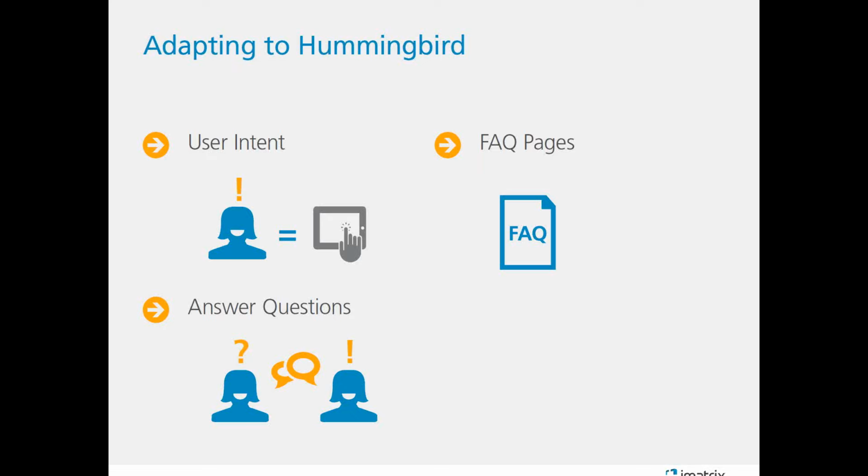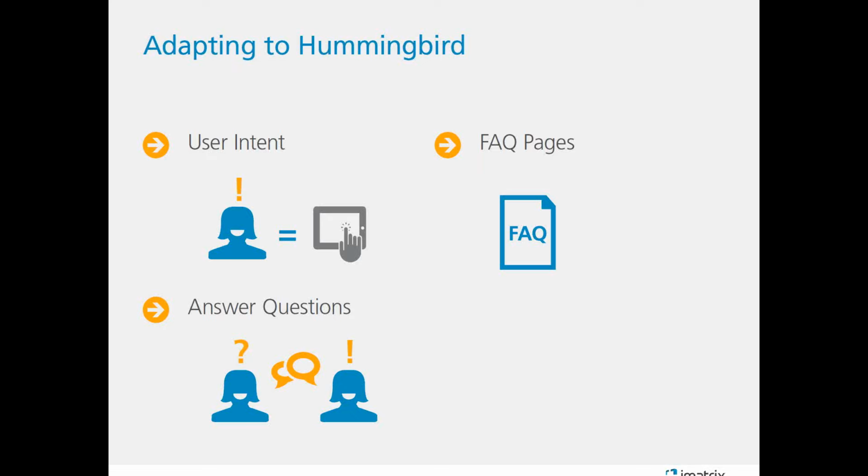Hummingbird is actually one of those things that is really heavy on user intent. What is the user actually searching for? The algorithm focuses on creating distinctions between things like definitions of terms, local businesses, how-to videos, etc. And rather than returning results with one or two words from a query, it focuses on returning results that contain the entire phrase entered in the search bar.